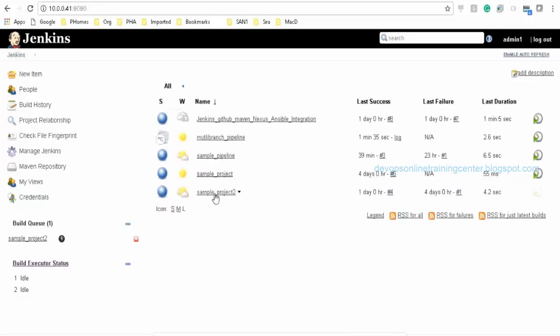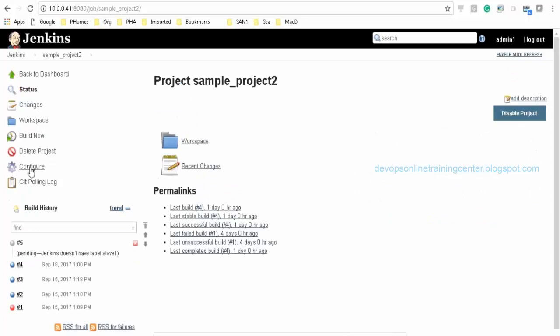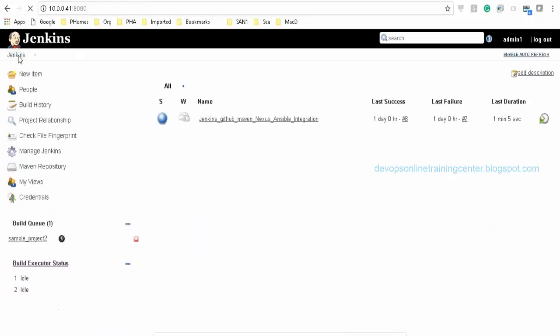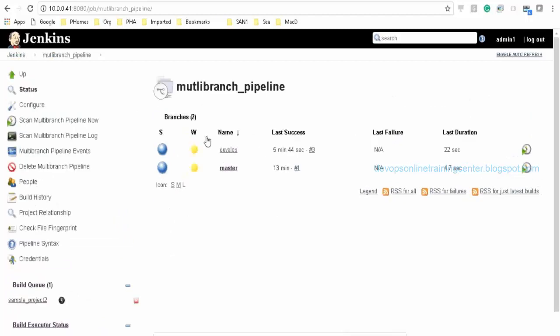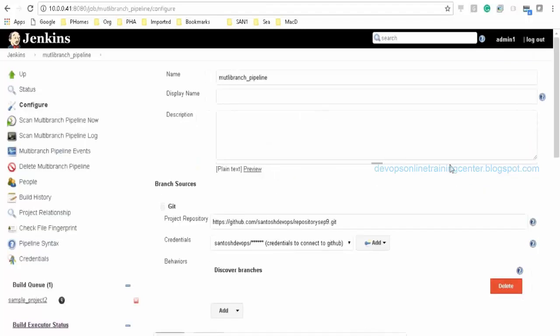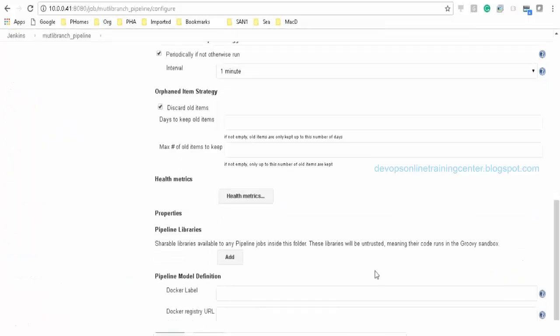Now I'll go ahead and modify something. Let us say the multi-branch pipeline that is there, I will modify it. Configure. Okay, I'll delete this and I'll just save.